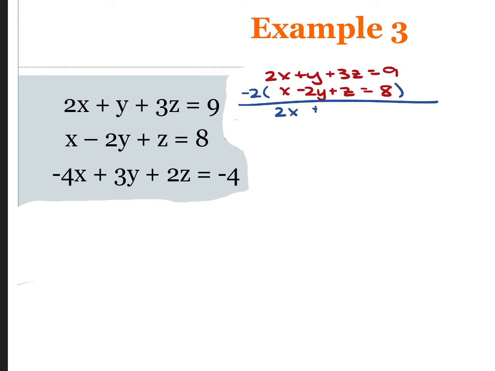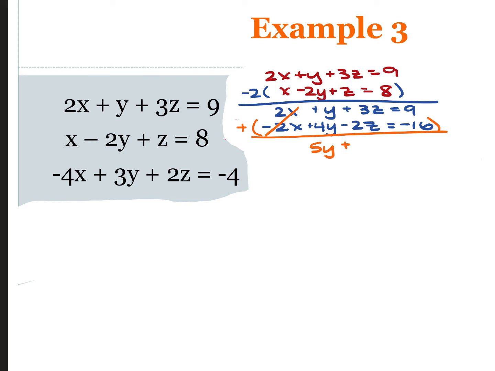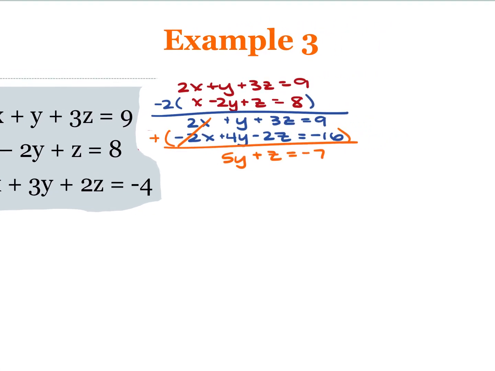We're going to have 2x plus y plus 3z is equal to 9, and negative 2x plus 4y minus 2z is equal to negative 16. We're going to combine these. Our x values cancel. We have 5y plus z is equal to negative 7. Now I'm going to use one of the two top equations that I already used and that bottom equation from the original system. So I'm going to use the 2x plus y plus 3z is equal to 9, and the